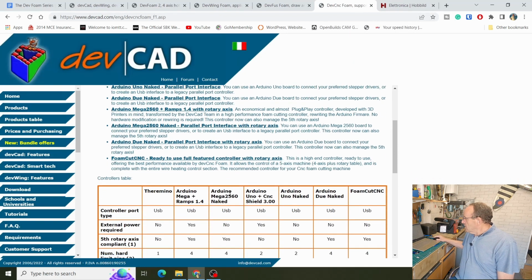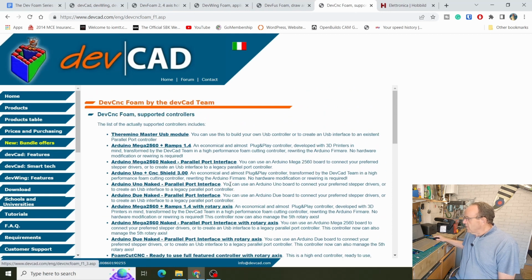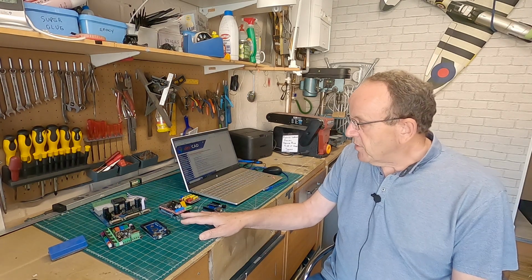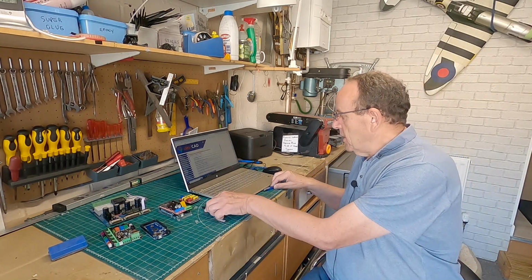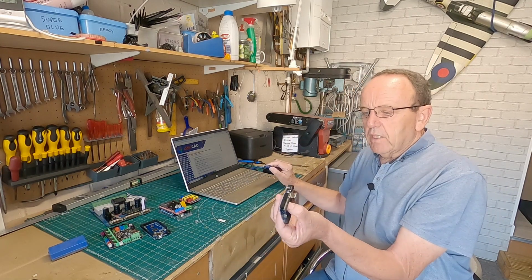So that's one of the reasons you might want to use it on a different board. So if you've got a board hanging around and you want to use it, you can use it. The other reason as well is if you're not too familiar with uploading firmware and things like that, then what you can do, and I'll demonstrate this, I'll plug the little Arduino Uno in,